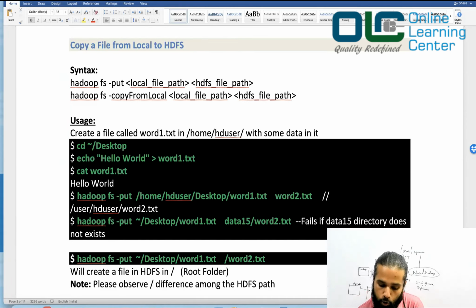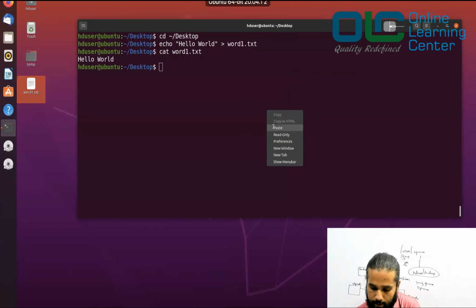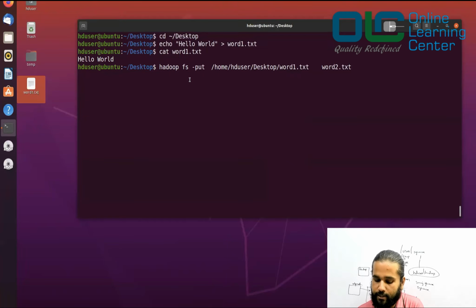So I'm saying hadoop fs -put, right, /home/sd/user/desktop/word1.txt, and copy it into a file called word2.txt. So let's try this out. I'll say copy and I'll go back to this place and I'll say paste. So see here, the syntax is very simple. The syntax is hadoop fs -put, the source, and then the destination, right?